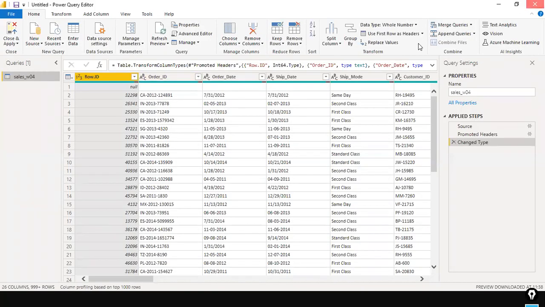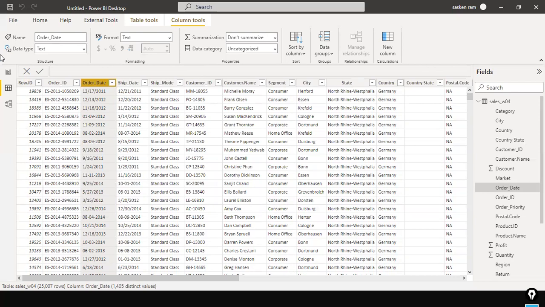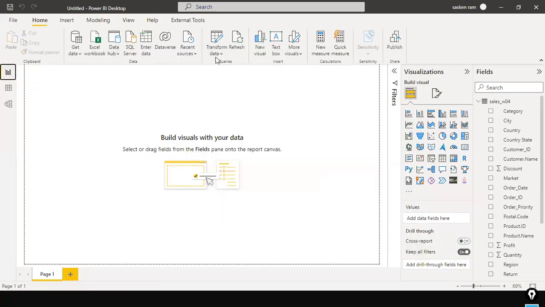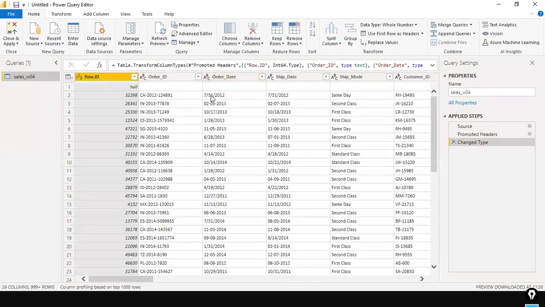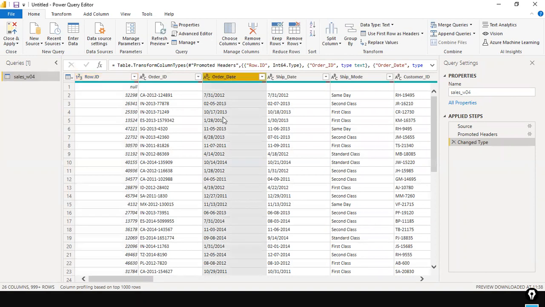I'll just launch it one more time. All of you, please bear with me. I'll be going at a slow pace today also. Look here, transform data: select this one and hit transform data. It will take you to the Power Query Editor. If you see here, I'm going to select the order data, but in the Power Query Editor, next to each